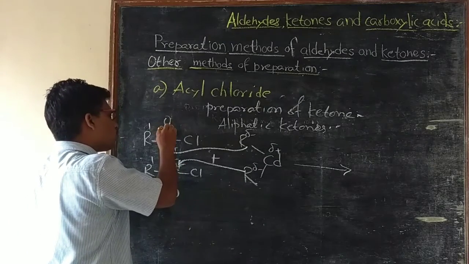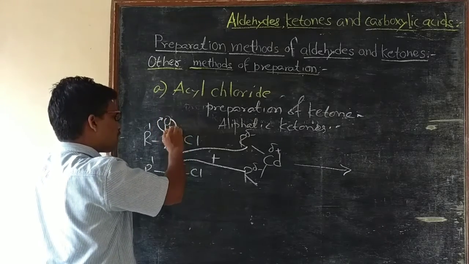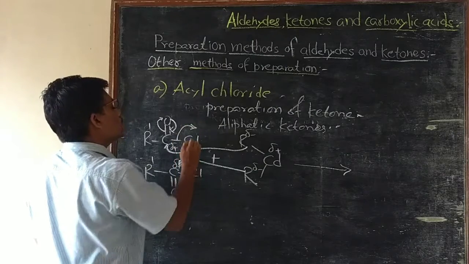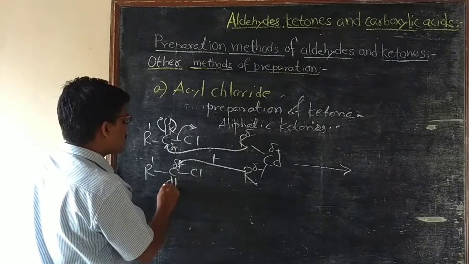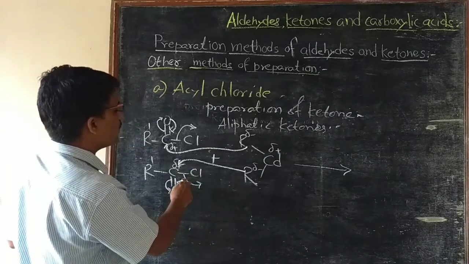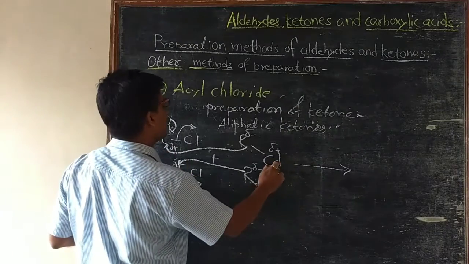Then this pi electron pair goes to the oxygen, then comes back, and this chlorine with its electron pair goes away. Same in this case also, the chlorine goes with its electron pair as chloride and joins to the cadmium